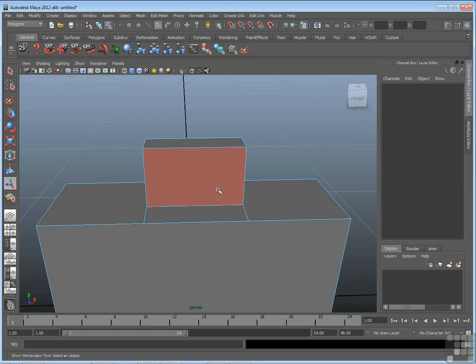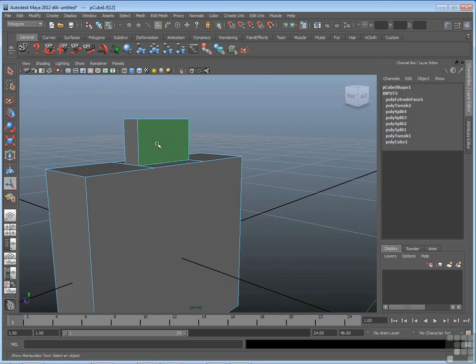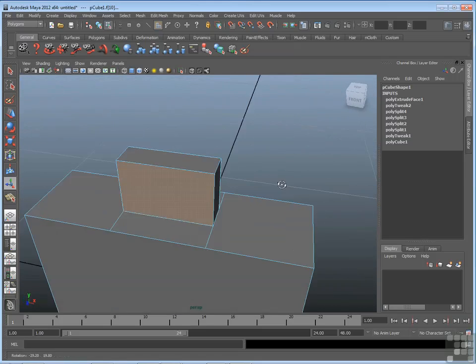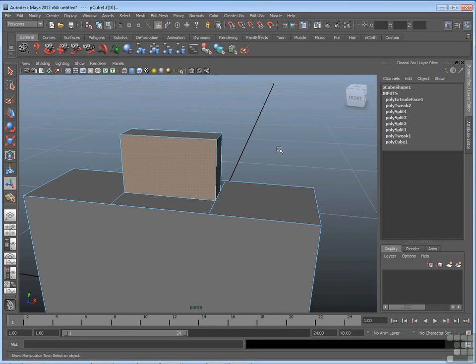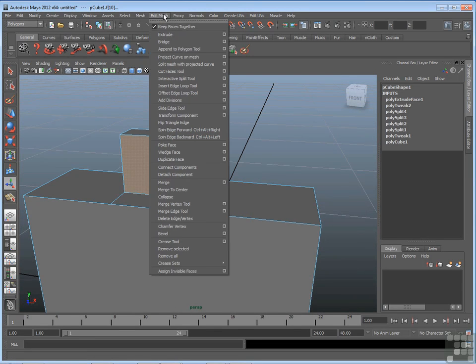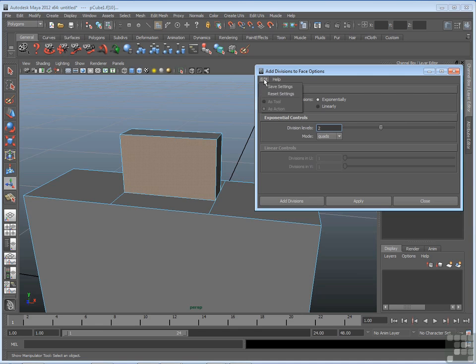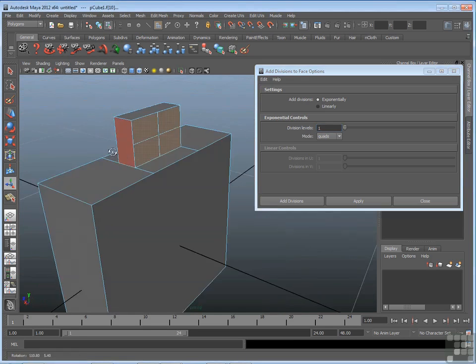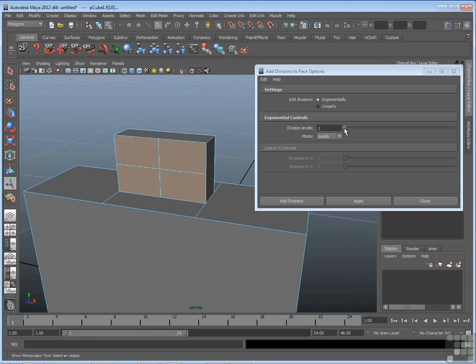I'm going to pick both these faces here and here. That's where I want to eventually cut a hole. Then go up to Edit Mesh, Add Divisions. I'll look at the option box, and I'll show you the defaults. I'll reset this to the defaults. By default, division levels is set to 1. And I'll apply that so you can see it. So apply. What that does when it's set to 1 is it divides the old face that you had selected into 4 new faces. Now if I increase this to, say, 2,